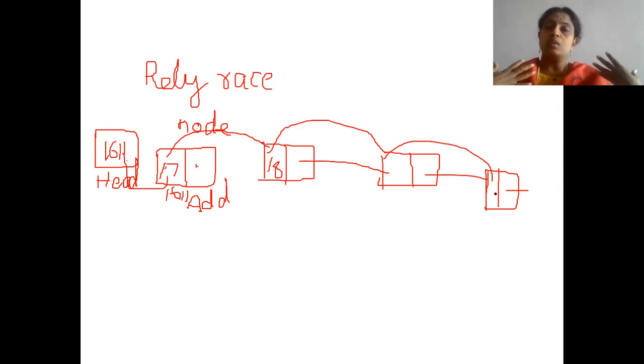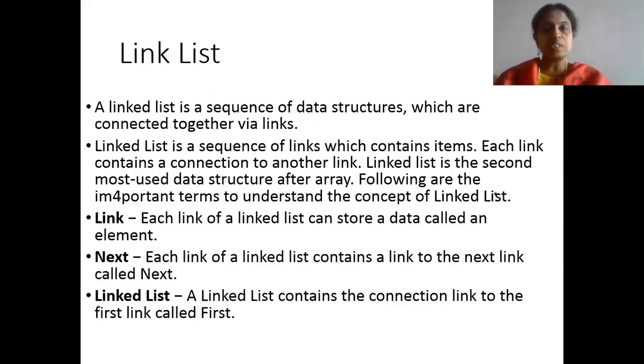The speciality is that it is up to you. First you can start storing any amount. It's not like an array, where you can only store 10 if you declare 10, or 100 if you declare 100. You start with the head node, then keep on storing however much data you want according to your requirement. That's the benefit. So dynamically you can store the data using a linked list. Hope you got an idea about linked list. We will see some more technical definitions behind this, and then we'll move on to the next concept.